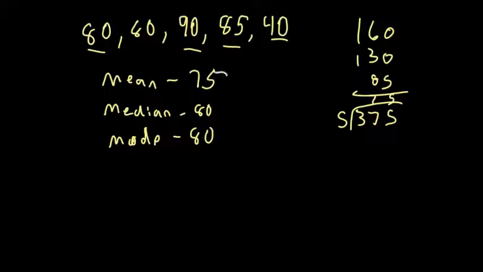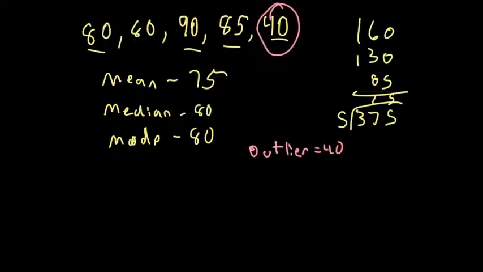And the reason this is misleading is because we have this outlier of 40. It makes our mean 75. Well, there's only one value less than 75. So this is like when everyone takes a quiz, everyone does well, and then you have one or two kids who just do really poorly on the quiz. It makes the entire class average